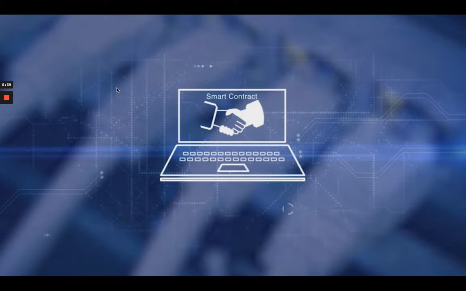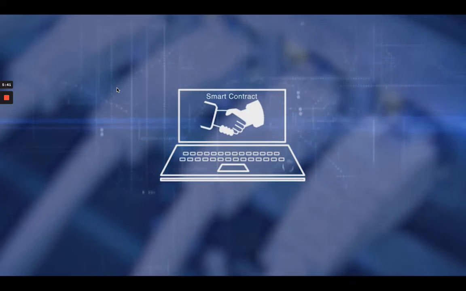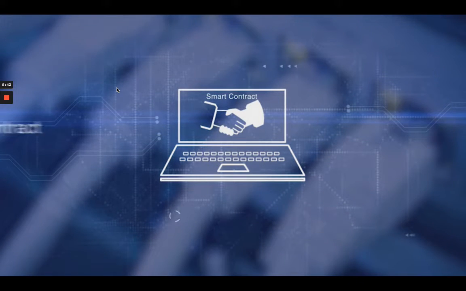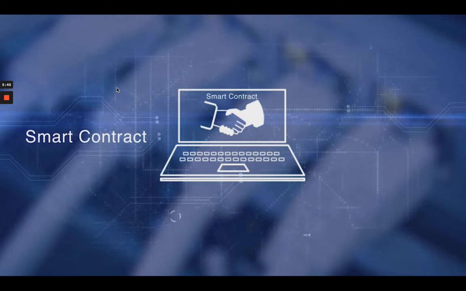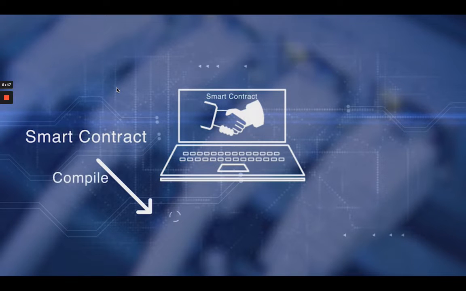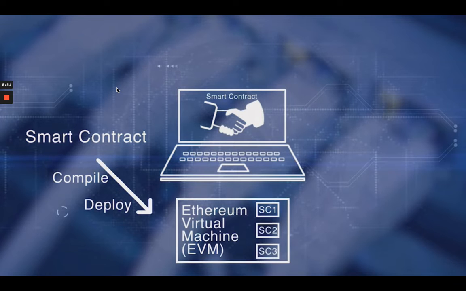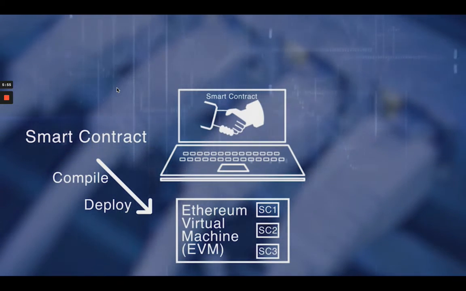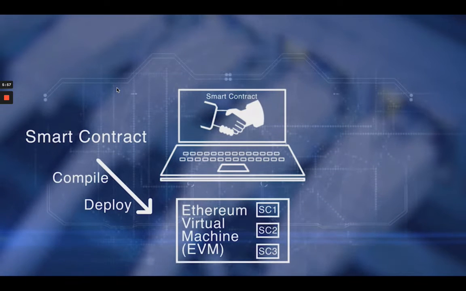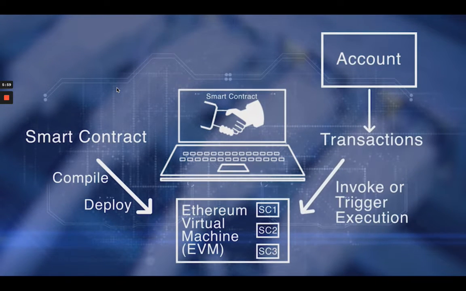This figure depicts the deployment of a smart contract and the invocation of a smart contract. A smart contract is designed, developed, compiled, and deployed on the EVM. There can be more than one smart contract in an EVM. When the target address in a transaction is a smart contract, the execution code corresponding to the smart contract is activated